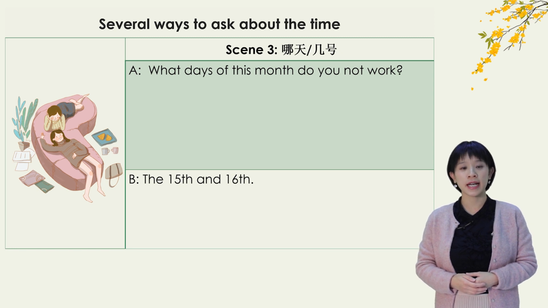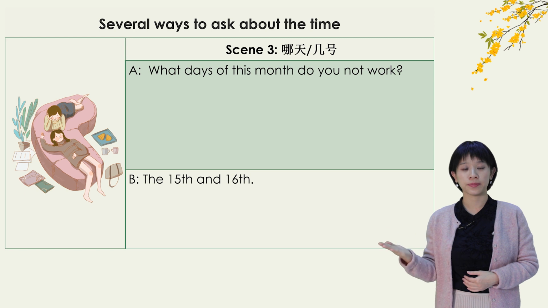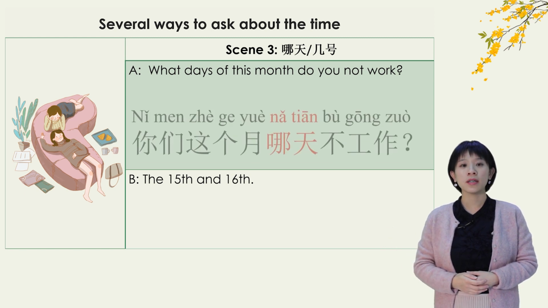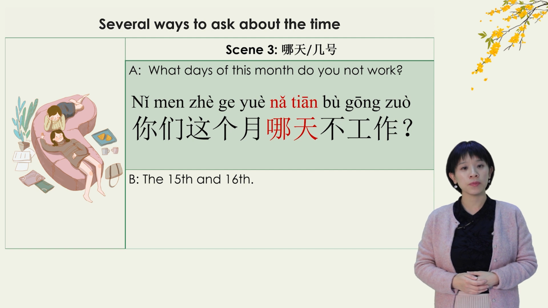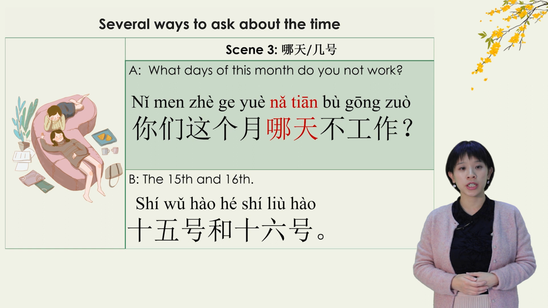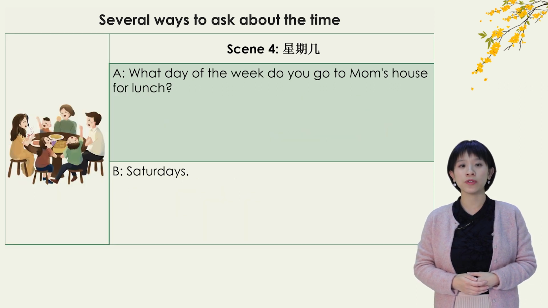Example 3. What day of this month do you not work? The 15th and 16th. 你们这个月哪天不工作？15号和16号。